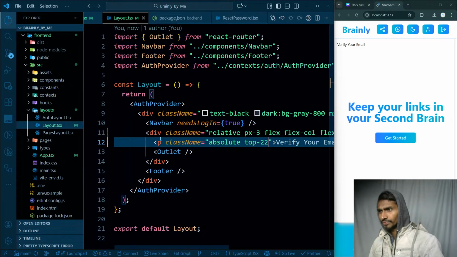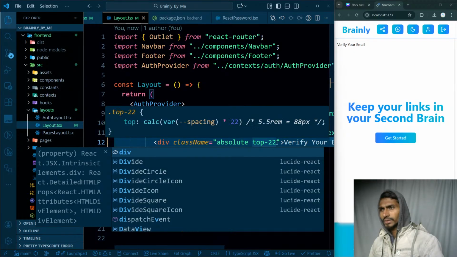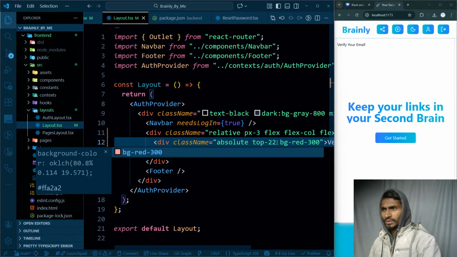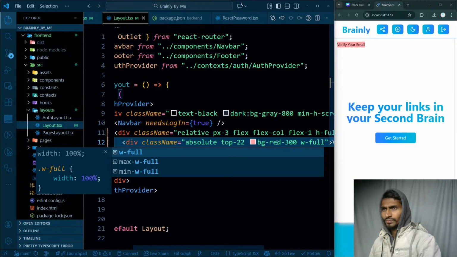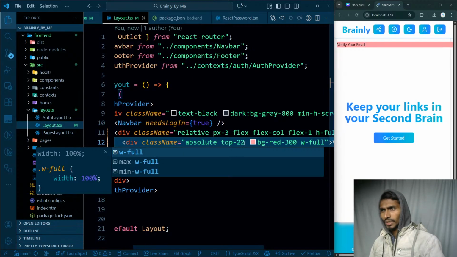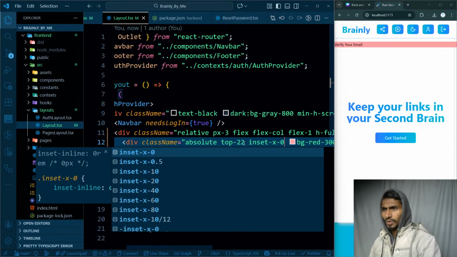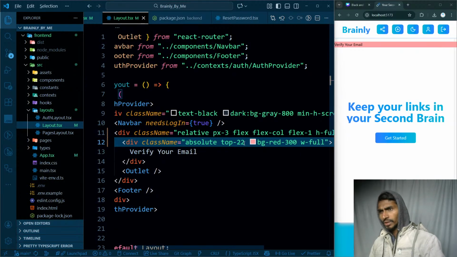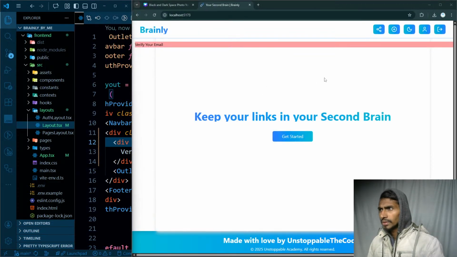First of all, let's make it a div. This is how it's gonna be looking like, and after that I can actually give it width full. BG red 300. How much is this? It's just only that much. Width full. Now it contains the whole width, and now I can say insert x0. It is not in the middle. Okay, not a problem. At least it has the full width, or what? It does have the full width, but it is strange because